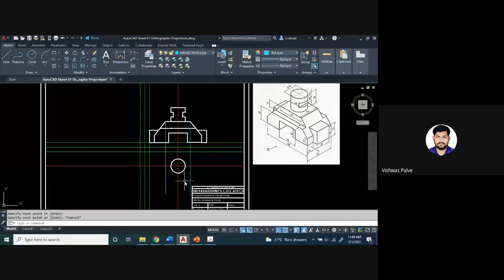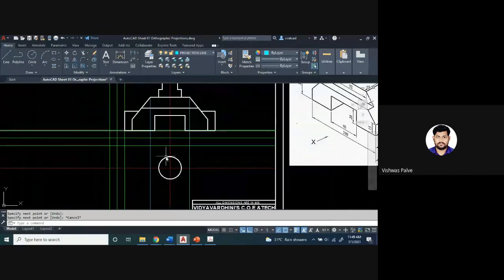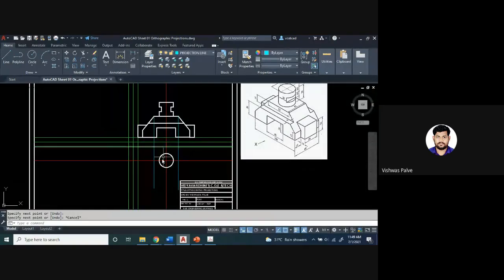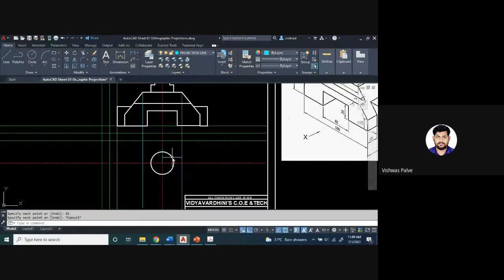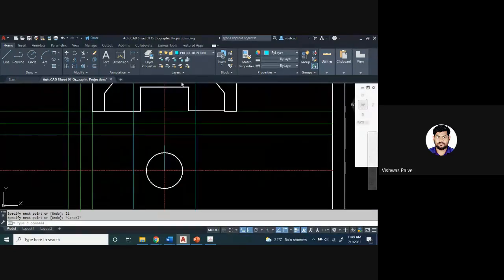Okay, take the projections. After taking the horizontal projection, vertical projection of these 2 points, let me take 42 by 2. How much is that? 21. 21 millimeter. Okay, so this is that 21 millimeter point. Okay, I will use the object line. I'll enter from this point.